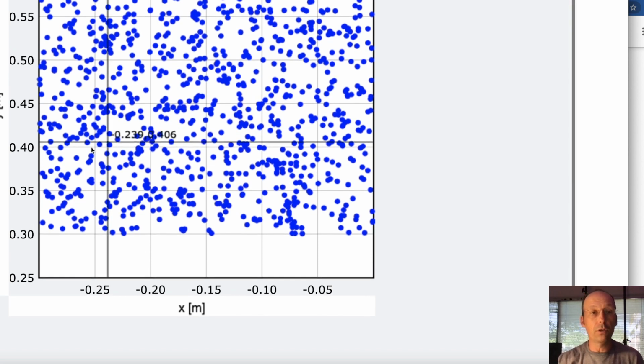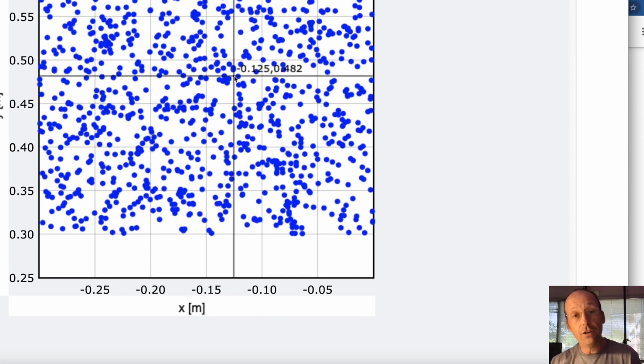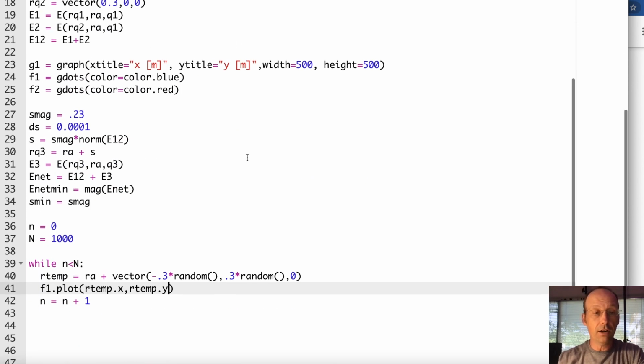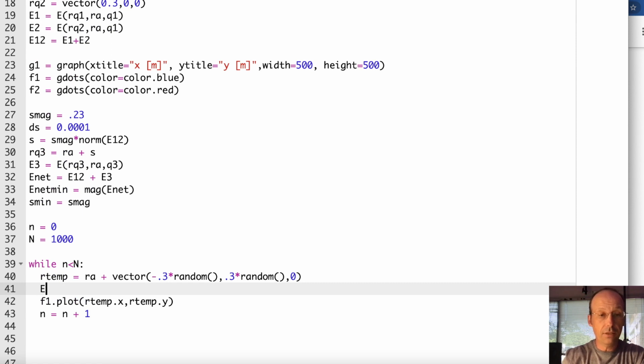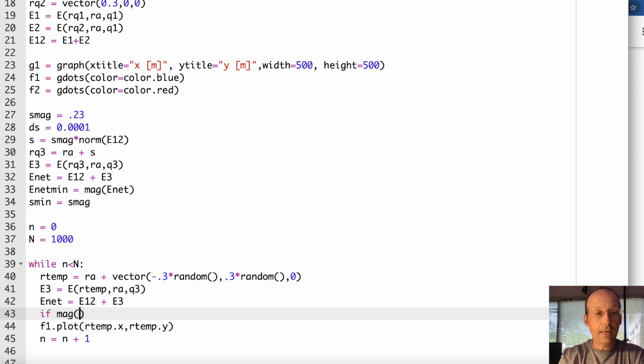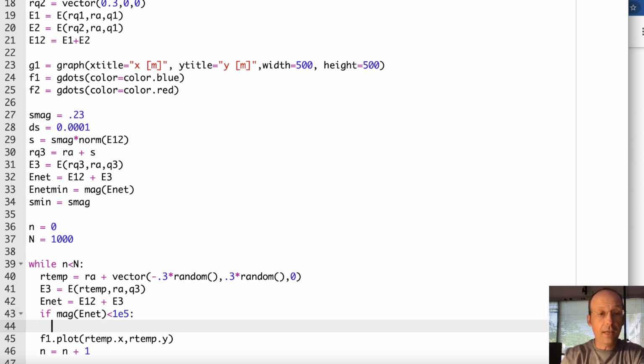Okay, so now what I want to do is to calculate the electric field at A due to each one of these. And if it's small, I'm going to make a red point instead. So let's calculate the electric field. I can say E3 equals E of R temp, RA, Q3. And then E net equals E12 plus E3. If mag E net is less than 1 times 10 to the 5th, because remember these are big electric fields, then I'm going to plot